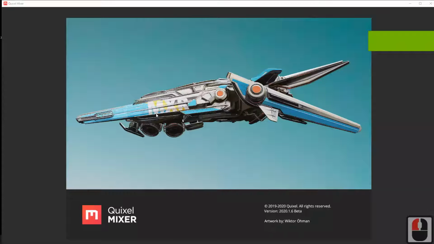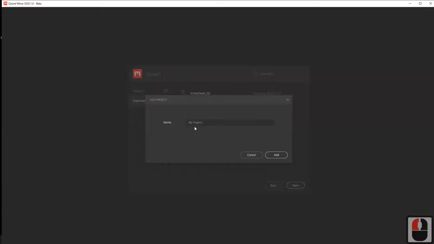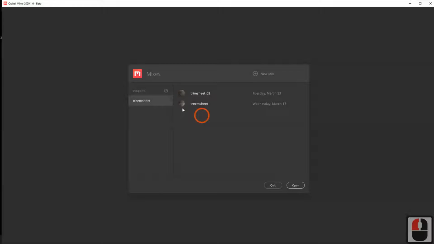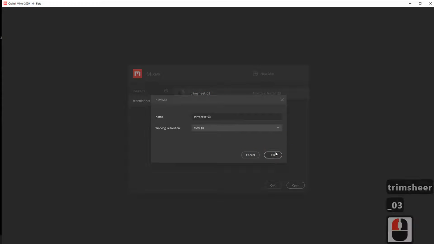So I opened this, and now it will open like this. By default, there won't be any trim sheet, nothing. Only project and new mix. Rest everything will be empty. So you can click plus and create a new project, name it whatever, trim sheet, your texture, and do everything. In this case, I have already created a trim sheet project. Under trim sheet, I have two materials. I want to get one more texture. Then plus here, name it as 3_03. It will stay the same.